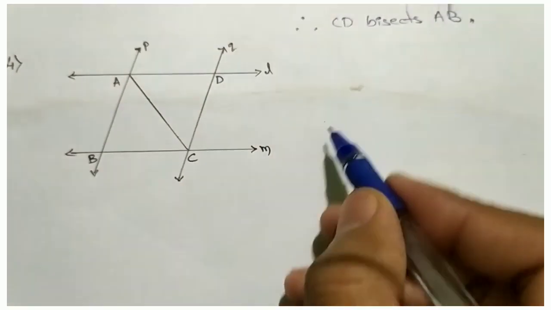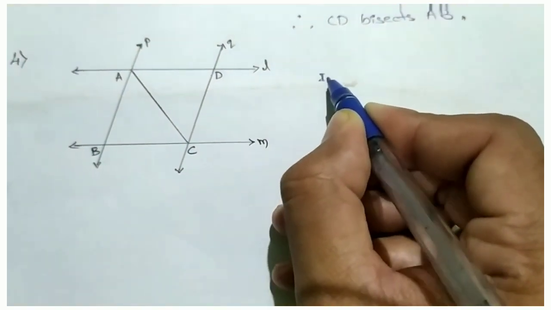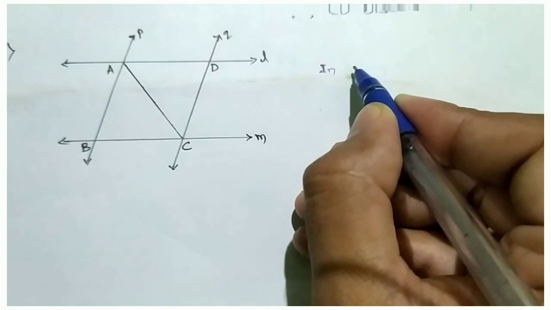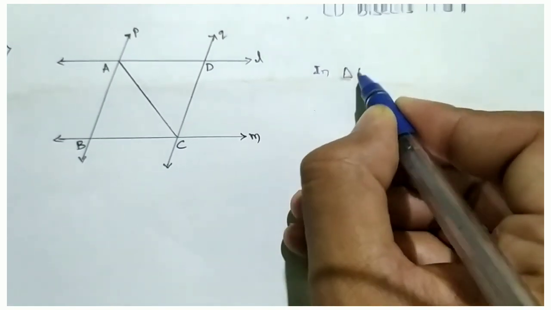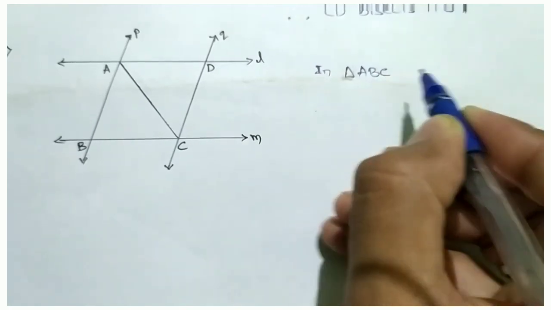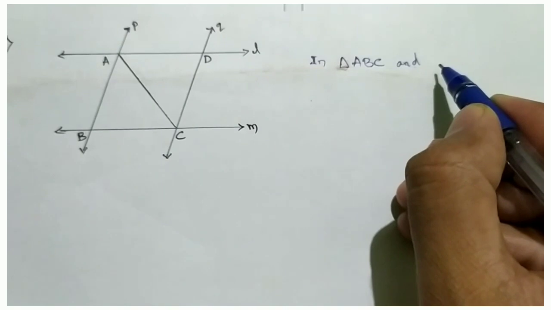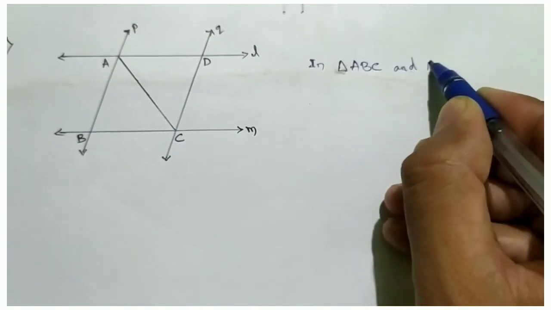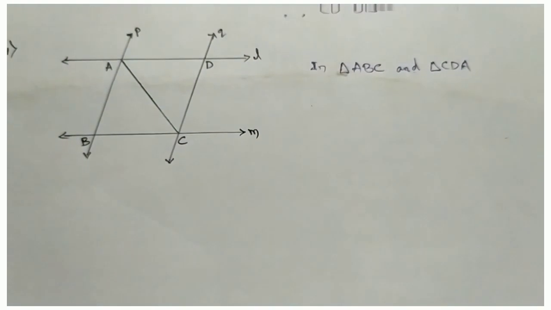Now draw the diagram and write the triangles you need. Which triangles do we need? We need triangle ABC, and another triangle, that is triangle CDA. Okay, so see here,